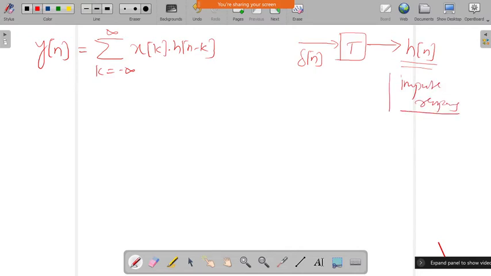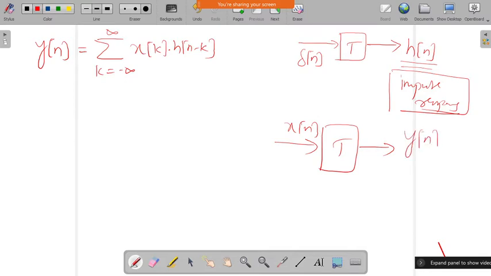Now if I shift these impulse responses, the time shifted impulse responses, and give some input x of n to a system, the time shifted impulse response is multiplied with the input, and that gives the convolution sum. So the actual definition: the weighted superposition of the time shifted impulse response is known as the convolution